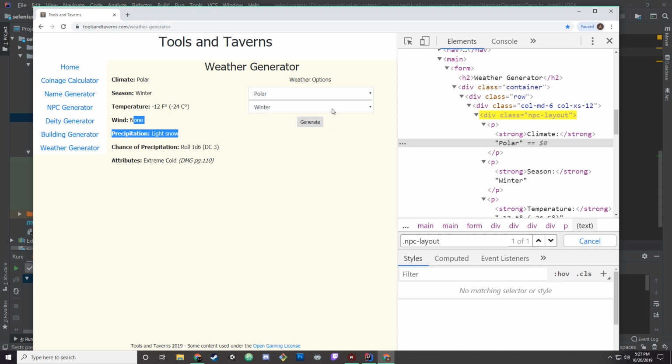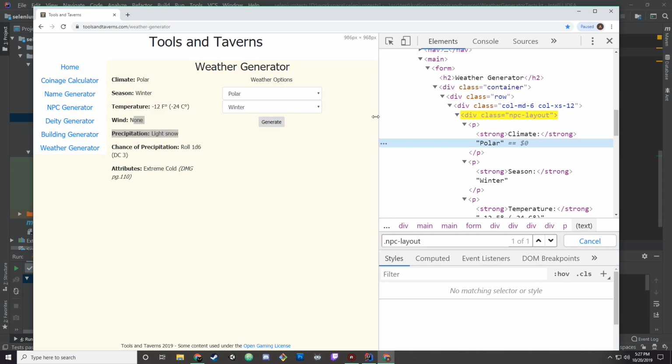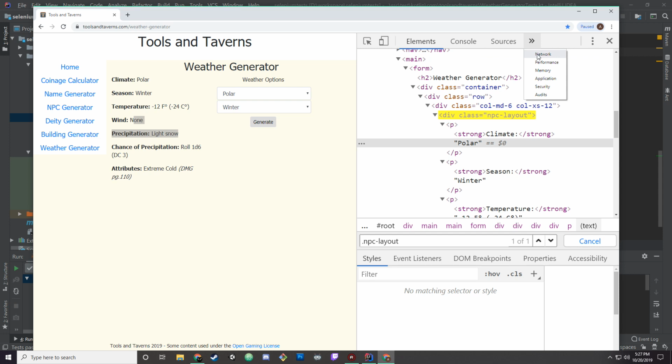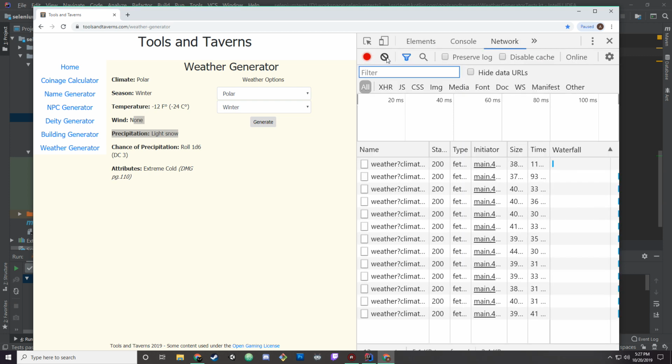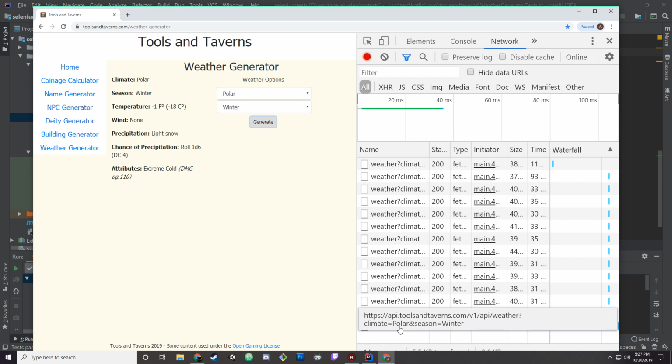To do that, you're trying to figure out what the data is doing. How does it get there? It's through your network calls, right? So the idea here is that every time I click generate, it hits one of these network calls. And what we're going to do is try to pull one of these network calls out, and we're going to make the